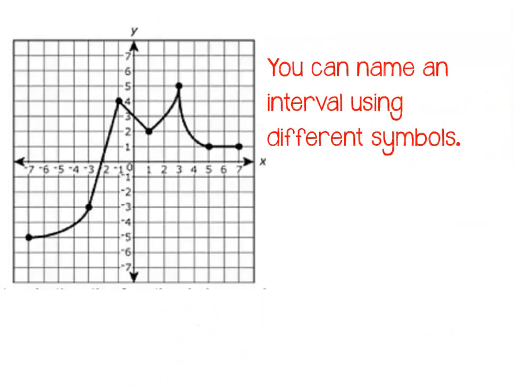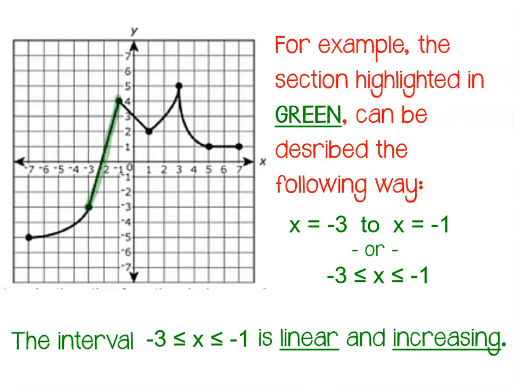Let's take a look at another graph. When you are naming your sections or your intervals, you can use different symbols. You can use English words or you can use math inequalities. So let's take a look at this green highlighted section here on the left. If you wanted to describe to me this interval of where the green section starts and finishes, then you might use one of these two